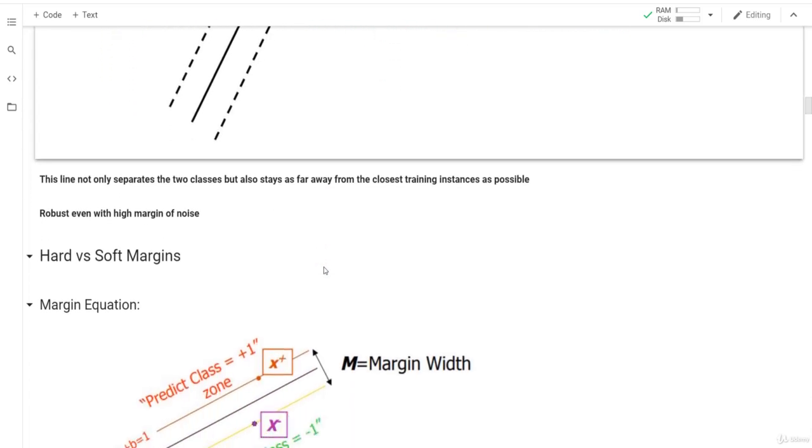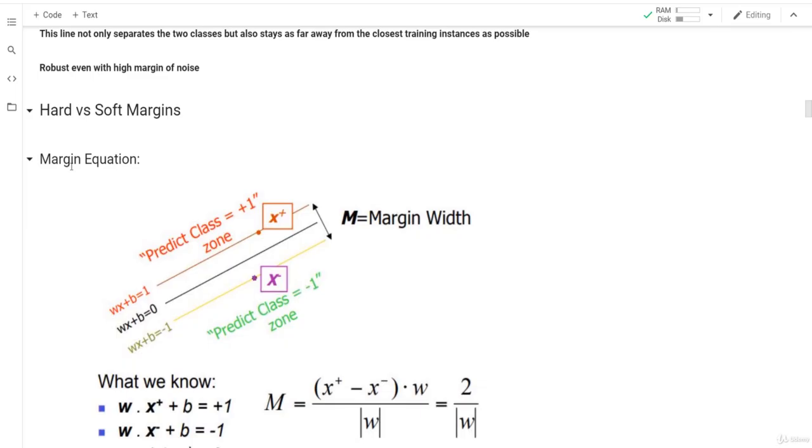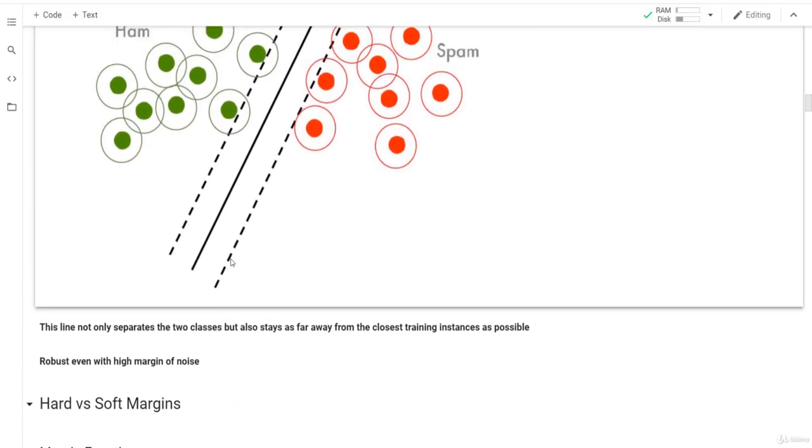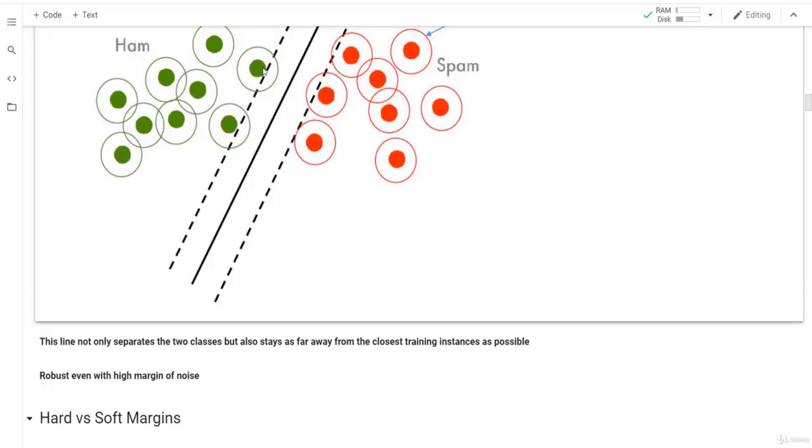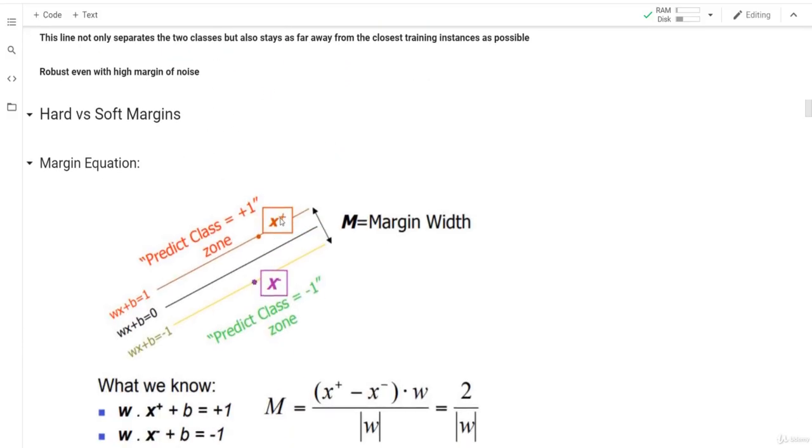Now, let's take a look at the difference between hard and soft margins, right? But first, let's take a look at the margin equation. As we said, this black line is the line we are going to choose, right? And we have two other lines, this and this. How do we choose this line or this line? We choose them based on the closest data point of either class. Here we have the first data point from the first class, and this is the first data point from the second class, right? So this is basically the line for class +1, and this is for class